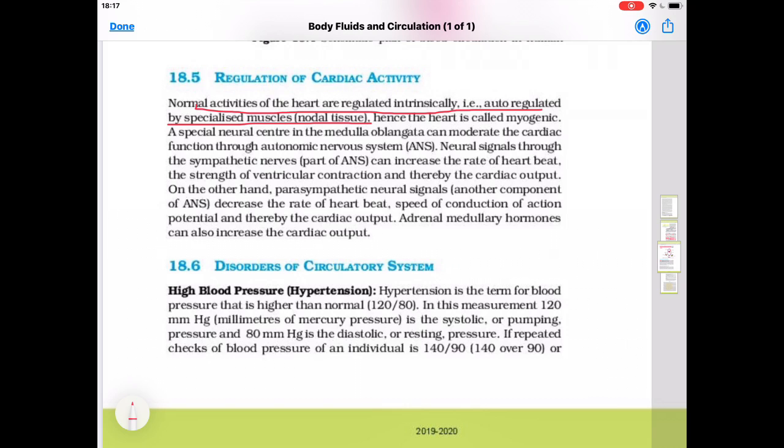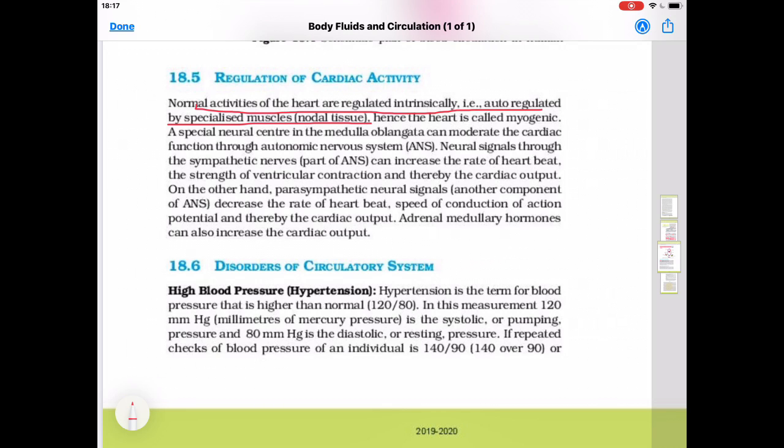Autonomous nervous system can be of two types, sympathetic and parasympathetic. So sympathetic nerve increases the rate of heartbeat, the strength of ventricular contraction, and thereby the cardiac output. So the sympathetic nervous system increases the heart rate, increases the strength of ventricular contraction, and hence increases the